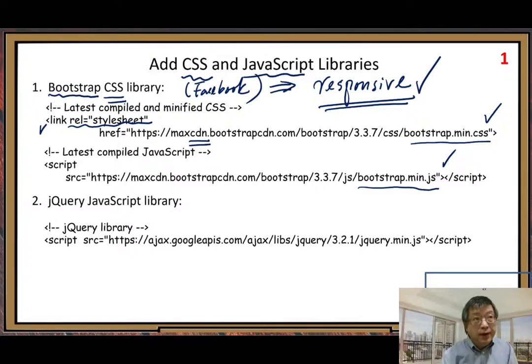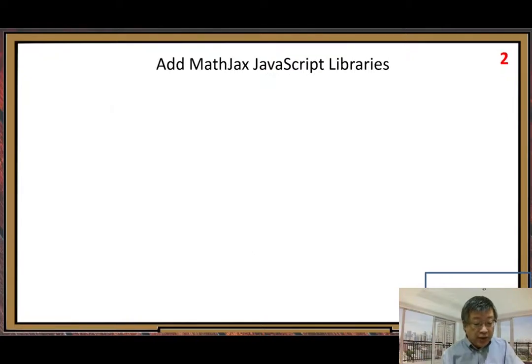Then later, in project number 2, I plan to add a few more features on top of project 1. So project 1, we use it as the starting point of our project 2. In project 2, I add features 1, 2, 3, 4. In that case, I may use jQuery to do a few features, so you get some experience. Here, we just include it. We may not use it, but we just include it. All right. So next,